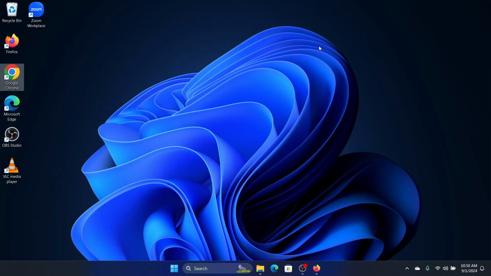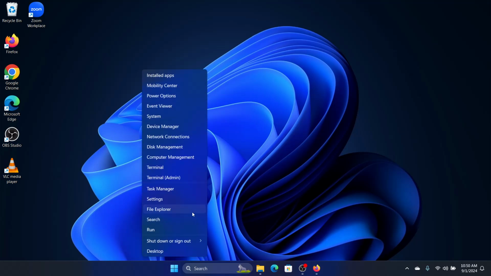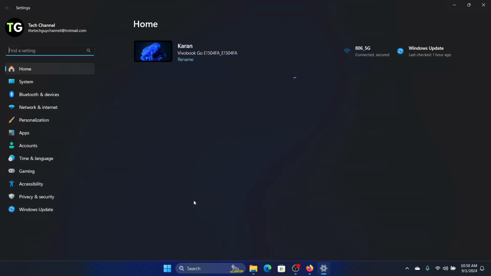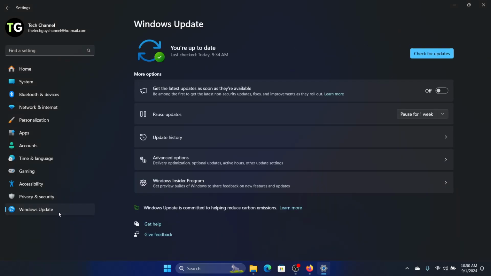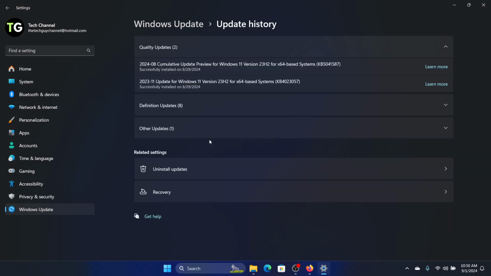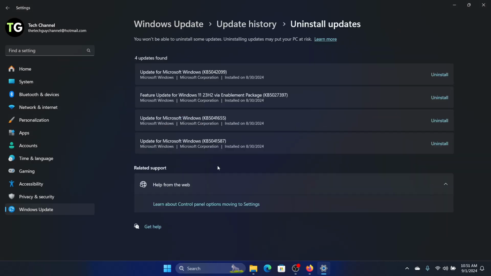But even after all these solutions, if the error still appears, then the only thing you can do is you can uninstall the previous Windows updates, because maybe the update is causing the clashes and this error to pop up. So right click on the start button, click on settings, go to Windows update, and then click on update history. Click on uninstall updates, and we will uninstall the updates that may cause the problem for this error to pop